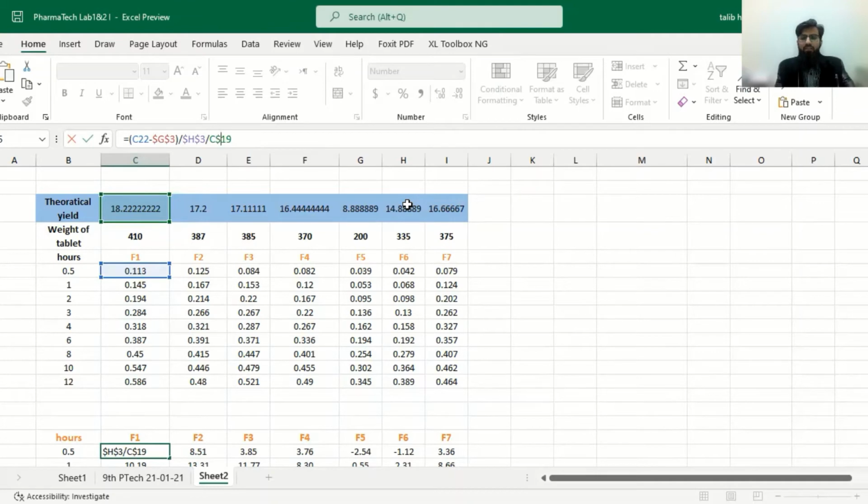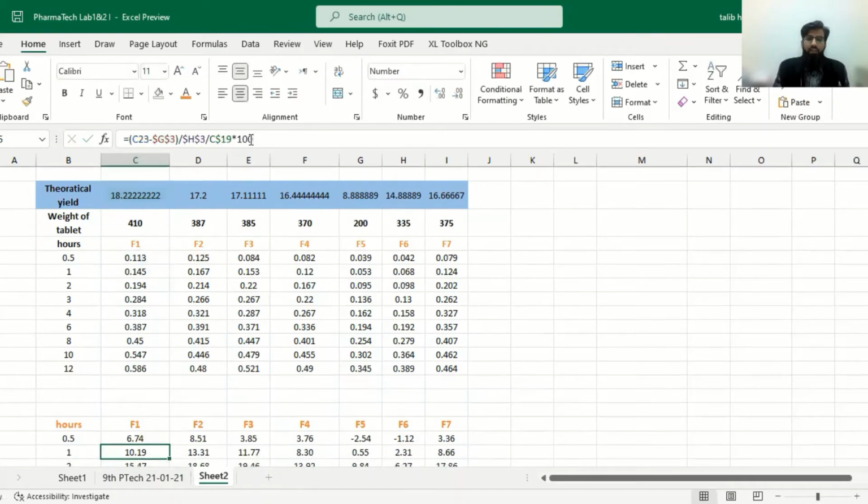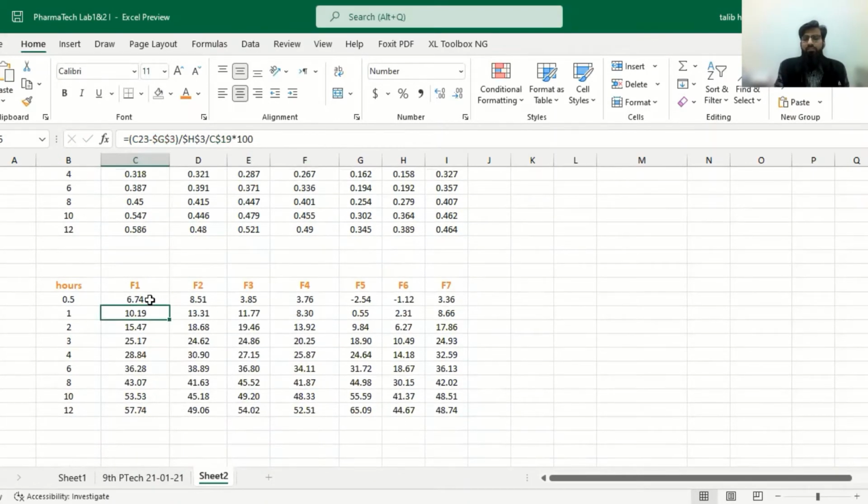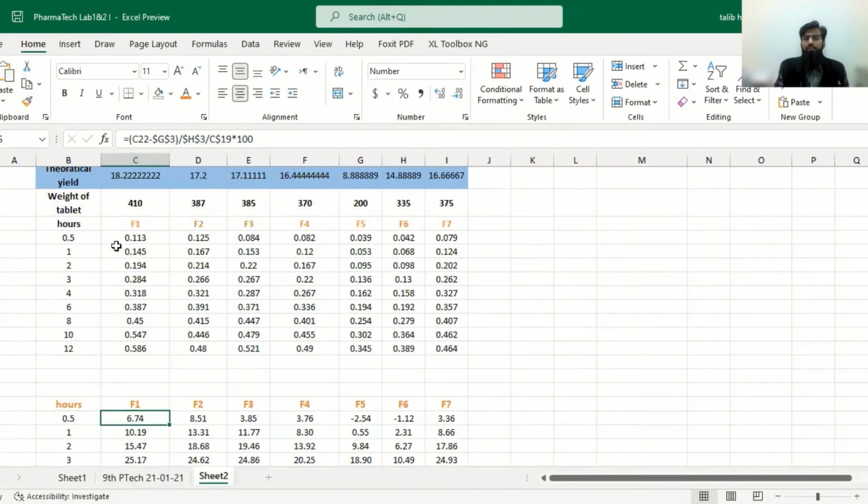So we will only fix the row 19, and we haven't fixed the column C. It will shift to column D, E, F, G, H, and I when we drag till I. This is the formula: concentration divided by theoretical yield, meaning actual concentration divided by theoretical concentration. And as it is a percentage release, it will be multiplied by 100. This will give you 6.74%, which is being released at 0.5 hours.